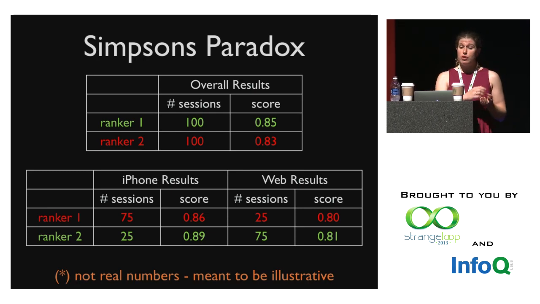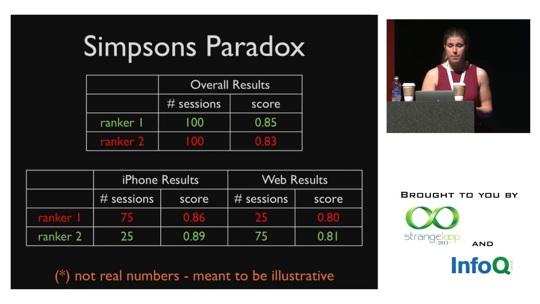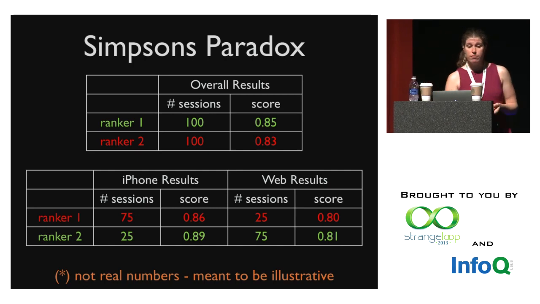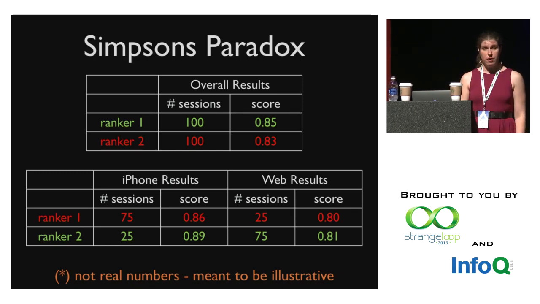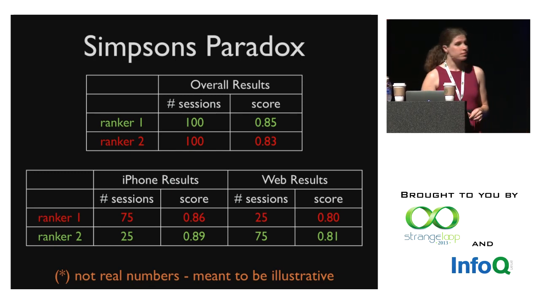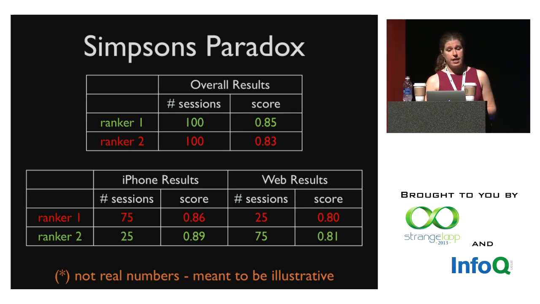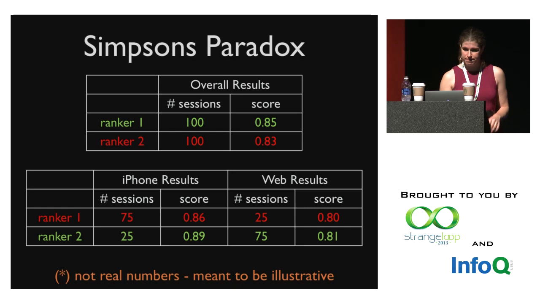What happened was that we would shift the percentage of users who got each ranker. And because users are more likely to use the iPhone at some times of day and more likely to use the web at others, it ended up that more iPhone users had sessions with ranker 1, while more web users had sessions with ranker 2. This combined with the fact that overall, people are more likely to click on articles when they're on the iPhone than when they are on the web. And so, because iPhone users click more, and more of them got ranker 1, this corrupted the summary statistics to make it look like ranker 1 was better, when in fact, ranker 2 was better. After this, we started resetting data collection every time we changed ranker percentages.